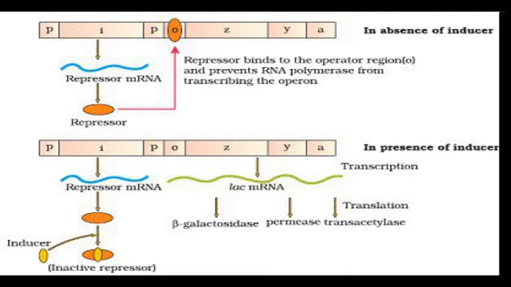So this lactose acts as a substrate for the enzyme beta galactosidase. We all know that an enzyme and the substrate combine together to form an enzyme-substrate complex. So when an enzyme is present, a substrate has to bind. So this lactose acts as a substrate for the enzyme beta galactosidase, and it is the one which is responsible for regulating the on and off of the operon. So we call lactose an inducer.